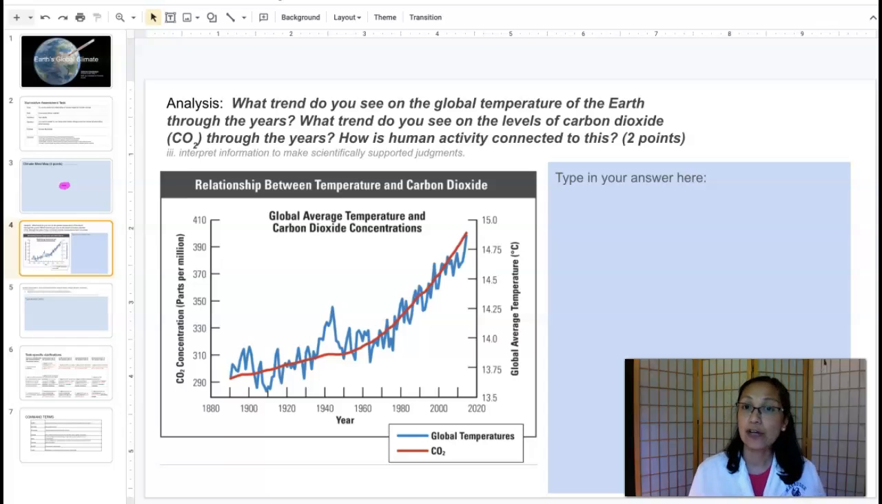So you are practicing your analytical skills. You are doing analysis by reading this graph. And this graph has 2 colors. It has blue for global temperatures and then red for the amount of carbon dioxide in the atmosphere. And you will see that at the bottom are the years starting at 1880,